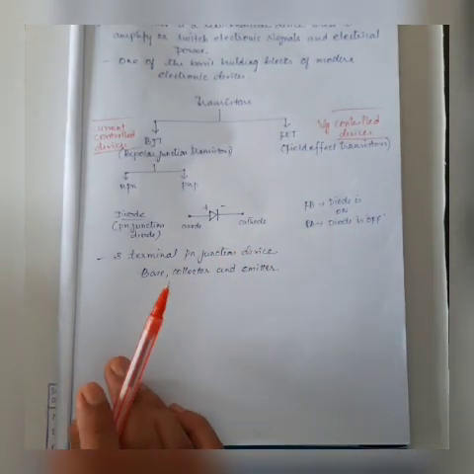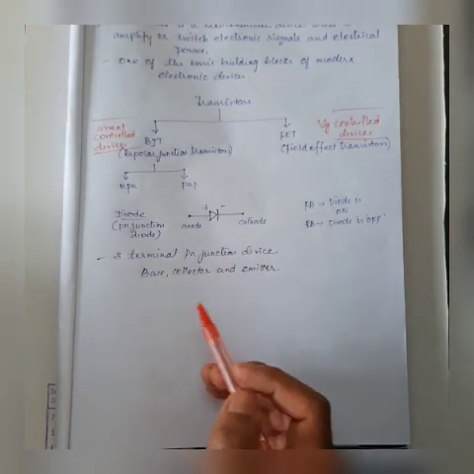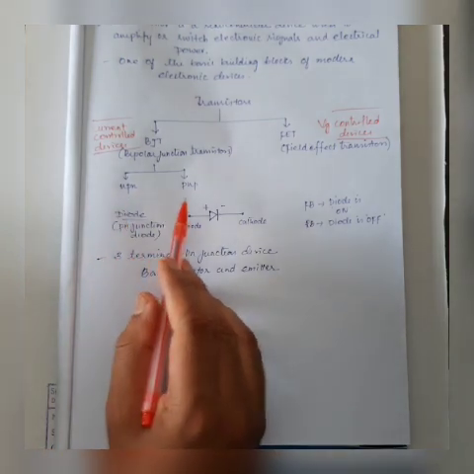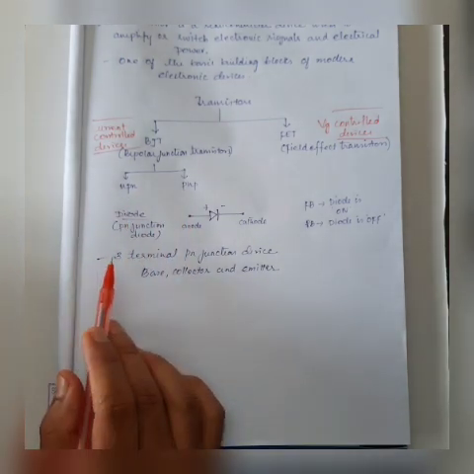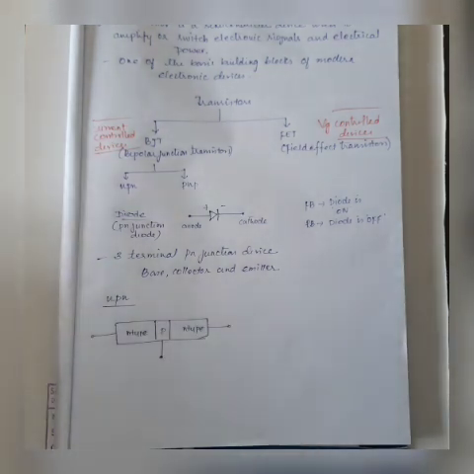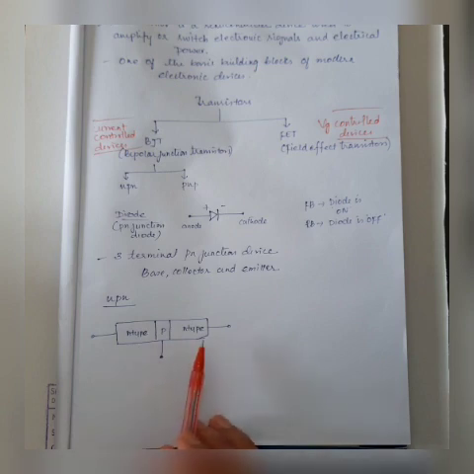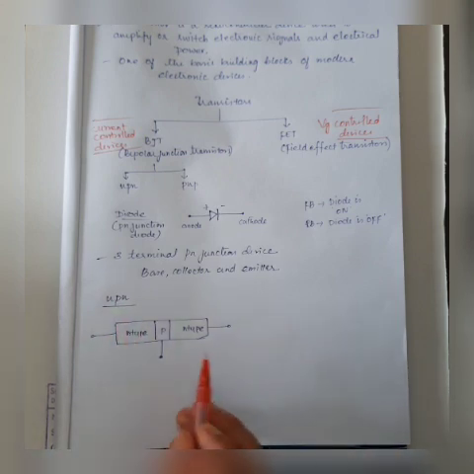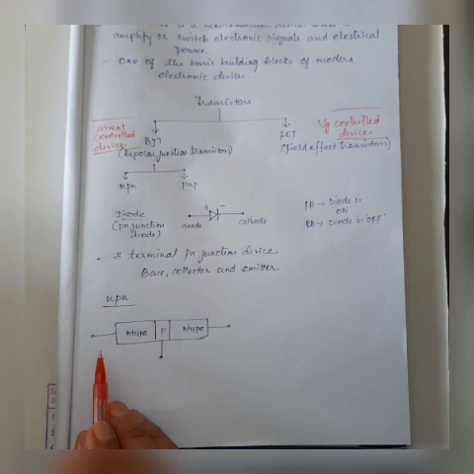So here we will see the BJT, basically what is NPN and PNP. This is the picture representation of the NPN transistor. The name itself suggests NPN: a P material sandwiched between N material on one side and N material on the other. You can see from this figure. There are three terminals possible here.